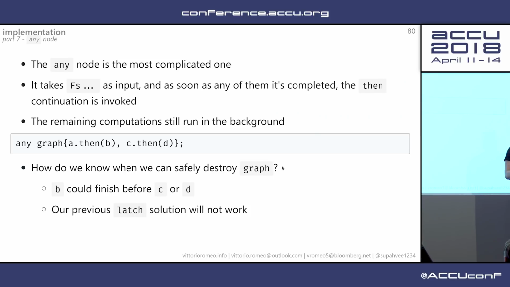OK, so I have 10 minutes to talk about the any node and show you some benchmarks. I'm going to go quick on the any node, which is not a good idea because it's the most complicated one. But I hope you can get the idea of how it works. So the any node takes a bunch of computations as input, and as soon as any of them is completed,